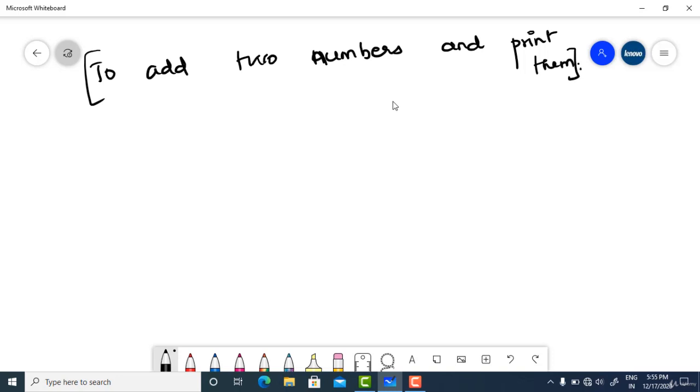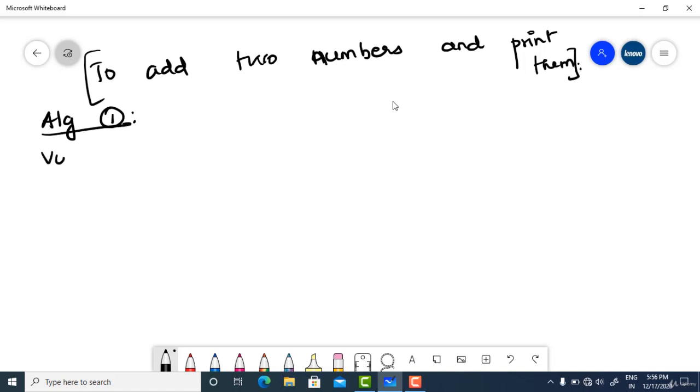Let's take a very simple example. Let me write the algorithm. So this is algorithm 1. You can write any number of algorithms in different manners. One programmer would write an algorithm with his own idea, and I would write my algorithm with my own idea, and someone else would write their algorithm with their own idea, right? So let me write one algorithm.